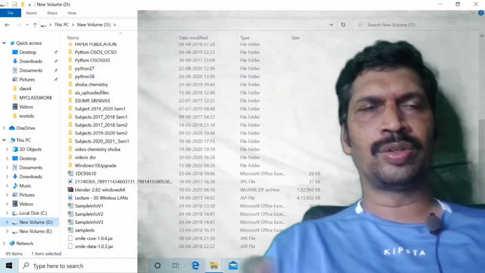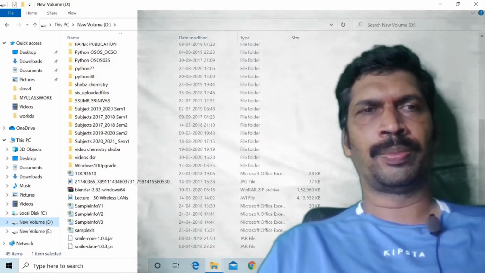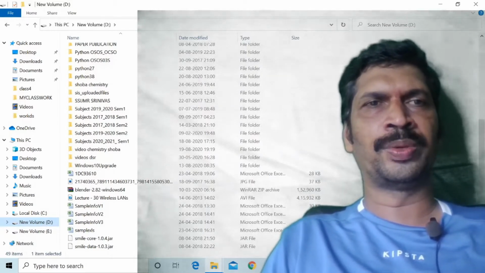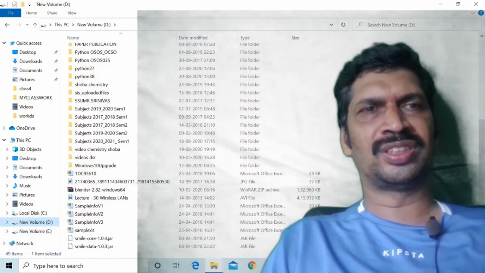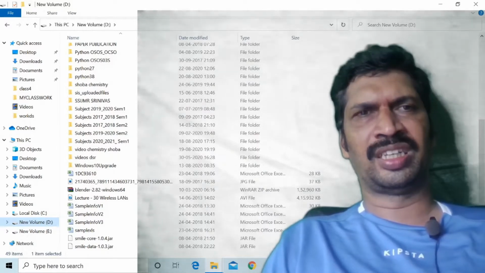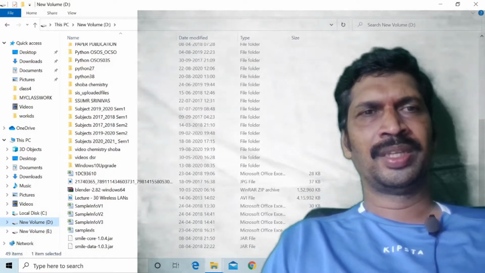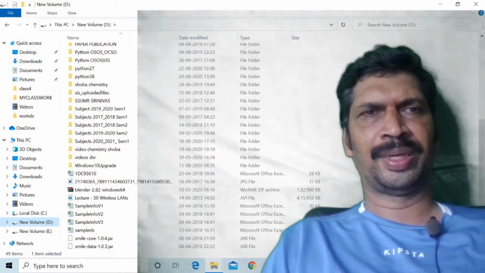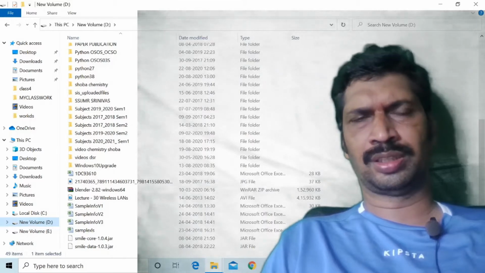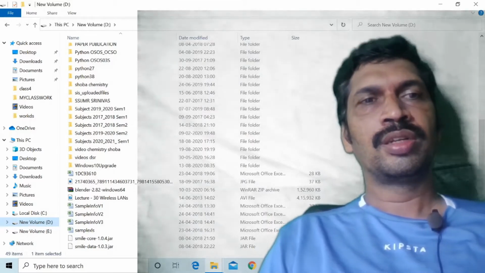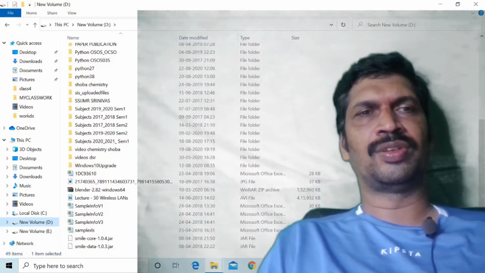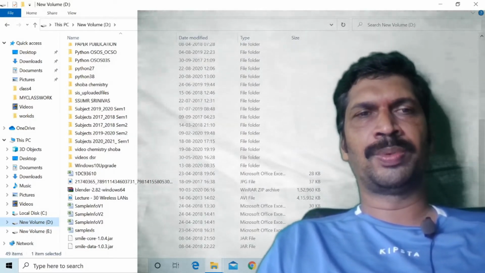To install Python 2.7, just download one of the previous versions, like 2.7.1, 2.7.2. Plenty of previous versions are there. Go to any version, no problem, Python 2.7.10 or 13 or 14. Just create a folder in D drive, Python 27, and install. At the time of installation, check the folder. I installed Python 2.7 in the folder Python 27 and Python 3 in the folder Python 38.